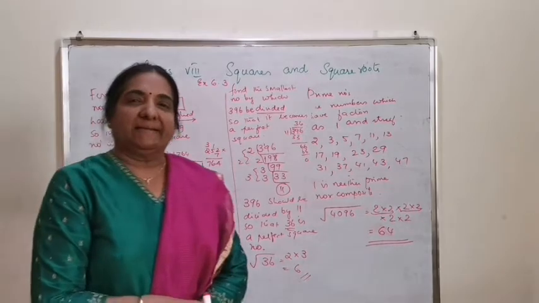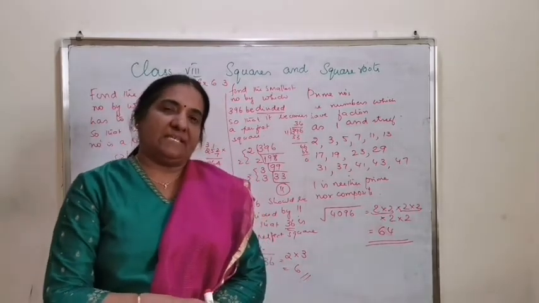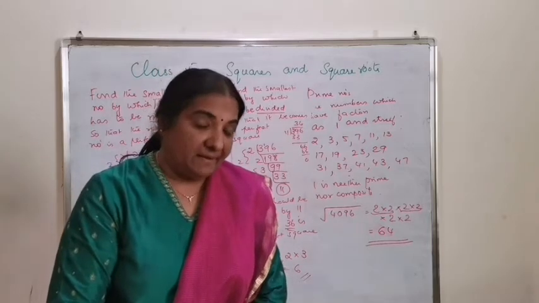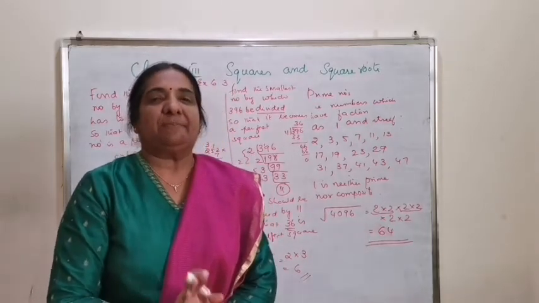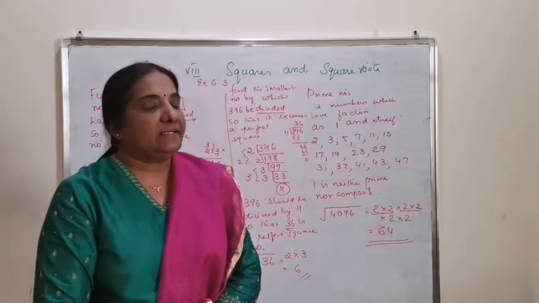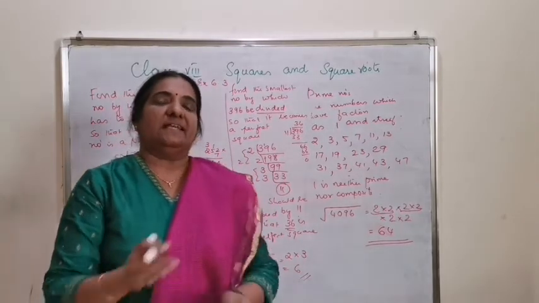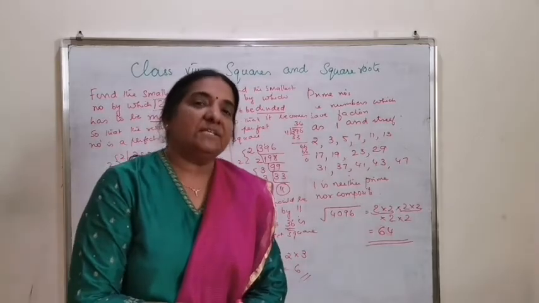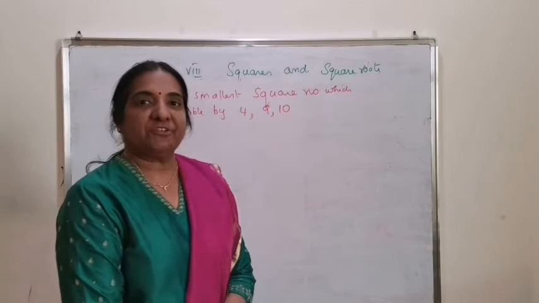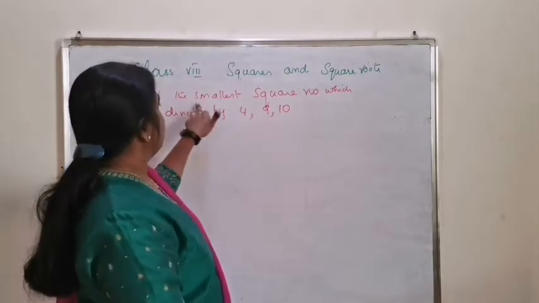So the same pattern: as you find the prime factorization, whichever factors are not occurring in pairs should either be multiplied with the same factor to form a pair, or be divided by that factor, so that the resulting numbers will become perfect squares. The last type of question which you can find in exercise 6.3 is